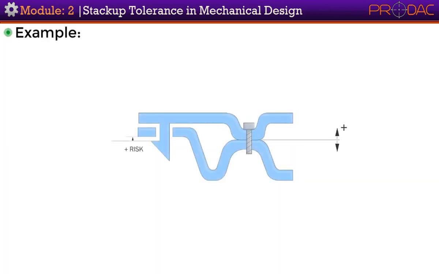Now, we have another example to explain as how to calculate stack and use spreadsheet. Here, we have two caps assembled together by means of snap. These two caps are then tightened at the center by means of a screw. Screw mounting is rigid mounting. Therefore, screw mounting planes become assembly datum for both caps. We have derived the risk equation for this assembly to find out critical gap value for snap fit.